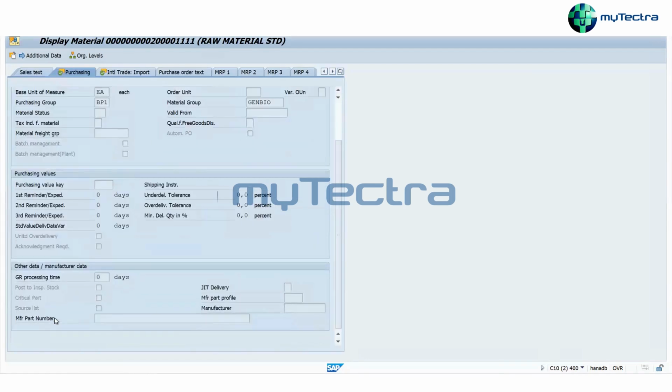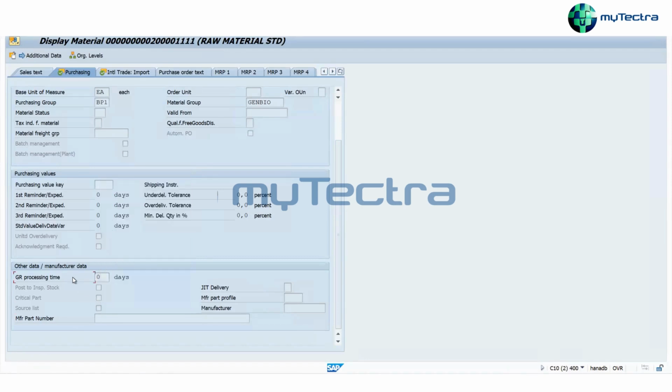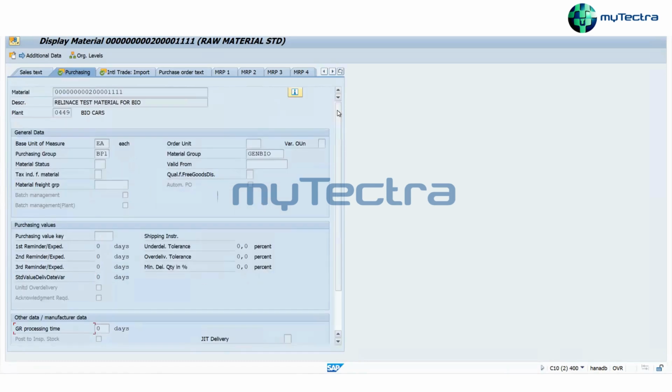See, if you go down, you can see the option called source list. If I tick this, it means this raw material is valid for the source list, so we can add it in the source list part. So before adding the item to the source list, you will have to do this configuration change in the material master, so that the changes could take place. Got it? Yeah. And the rest of the things in the item master, we'll come to one by one once we start the practical.